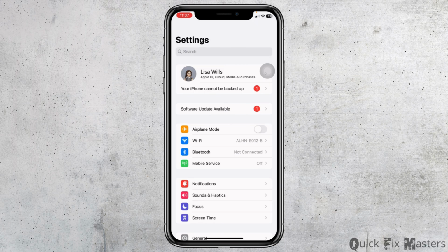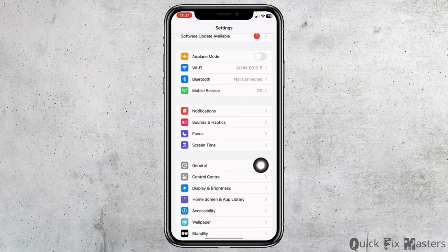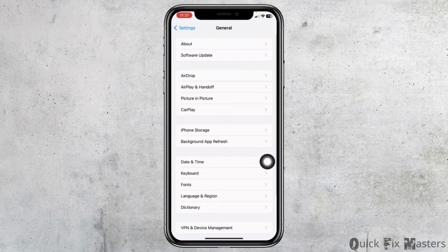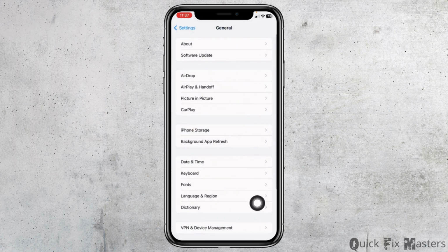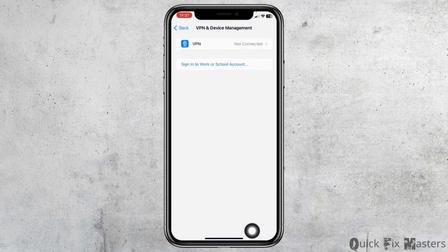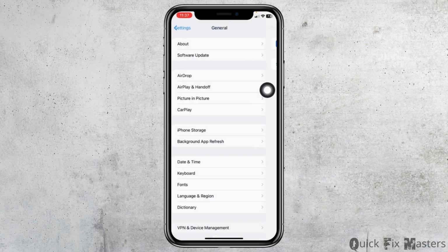Likewise, heading towards next solution, scroll down, open the option General, go to the option Date and Time, toggle on for the option of Set Automatically, head back, go to the option VPN and Device Management. If you are connected to any kind of VPN, disconnect to it, head back, go to the option iPhone Storage,